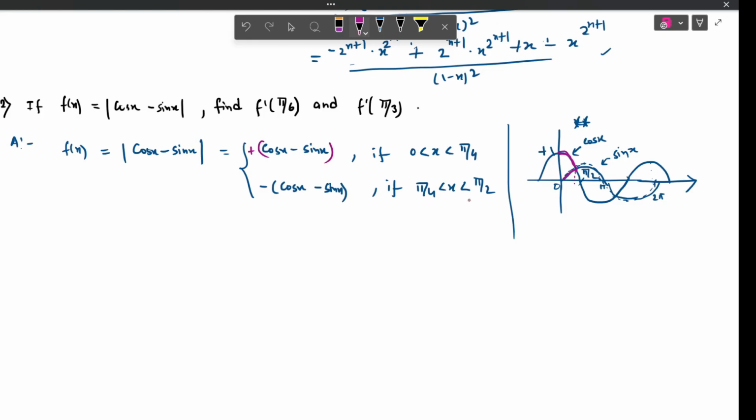And in between pi by 4 to pi by 2, this is your pi by 2, sin x is maximum. Sin x is greater than cos x. Okay, so sin x